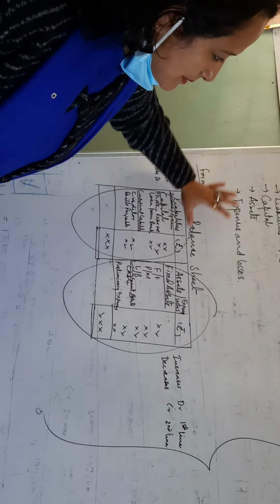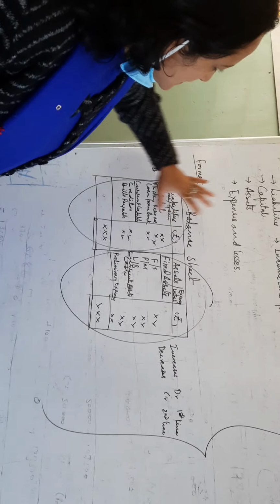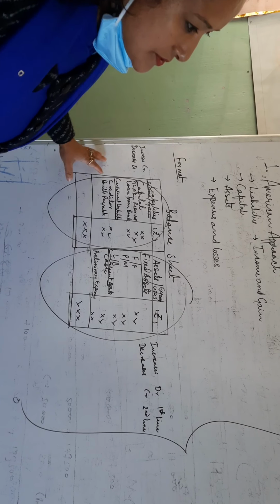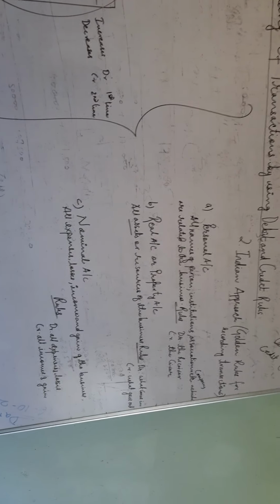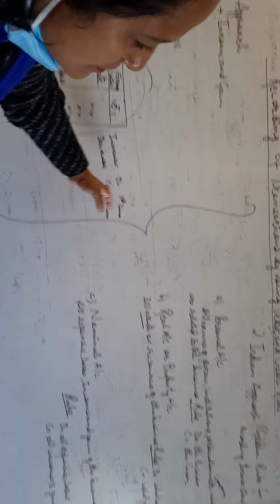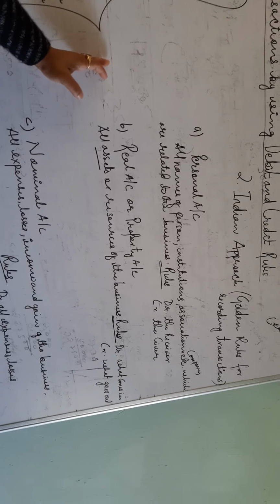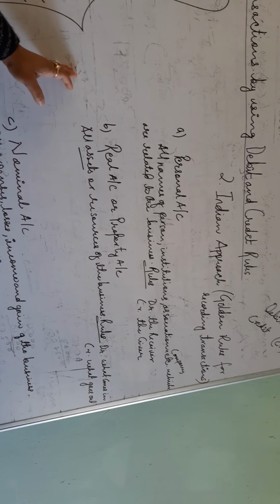Okay. So with this balance sheet concept, you can easily memorize or learn this American approach while writing the transaction. Okay. And if you don't want to follow this American approach, you go through the golden rules of accounting, the rules for recording the transaction. And we can consider this the Indian approach also. This is very easy again.